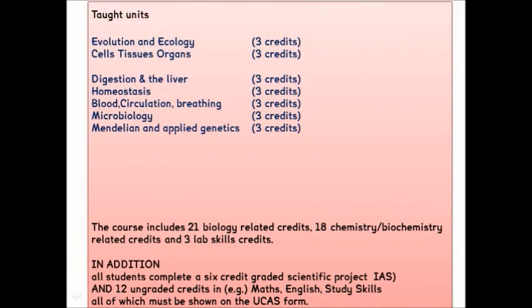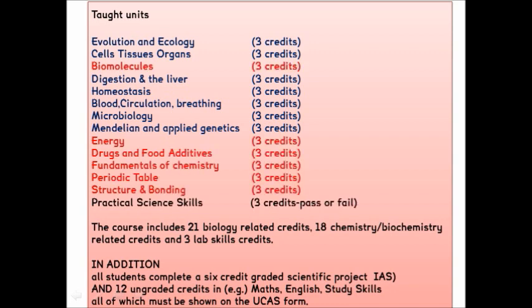So let's have a look at the units themselves. There's a pretty even split between biology and chemistry. You'll see that these are the biology units that you'll be studying, and then we've also got chemistry units as well. And all of the units this year are new, they've been rewritten, and they're individually worth 3 credits. And everybody needs to take all of the units. So you'll see there are 21 biology credits and 18 credits at